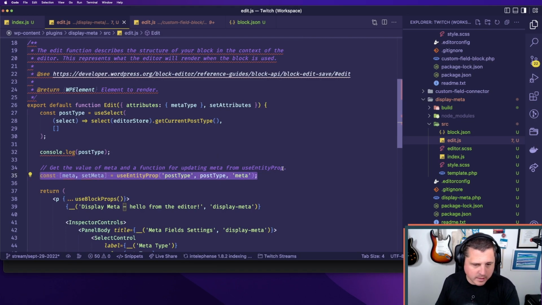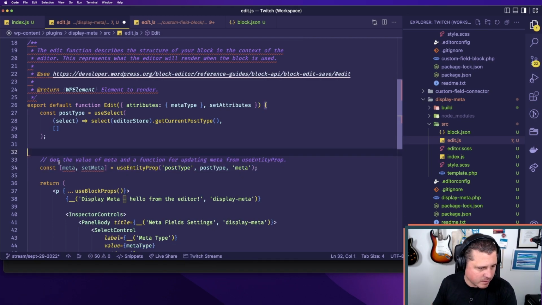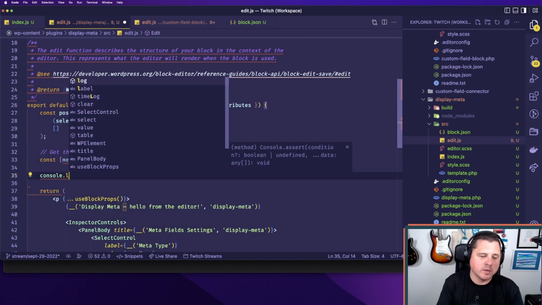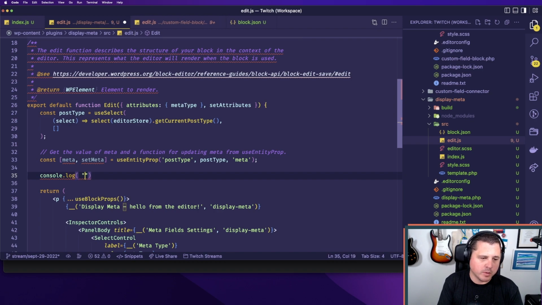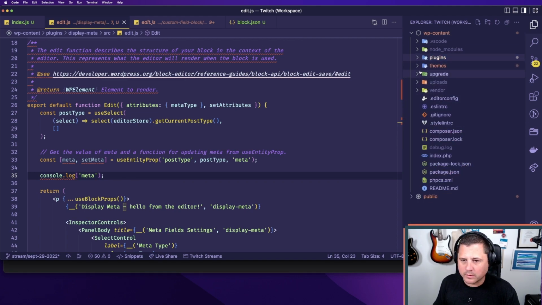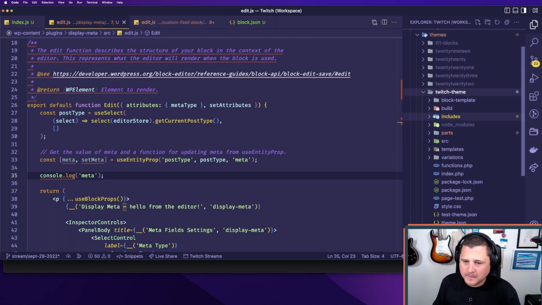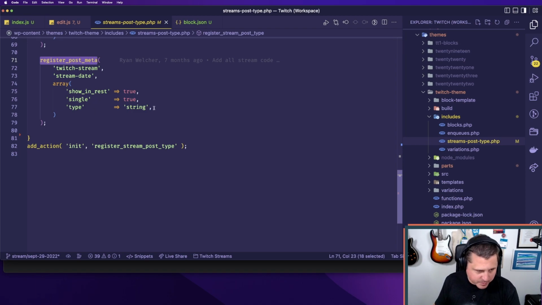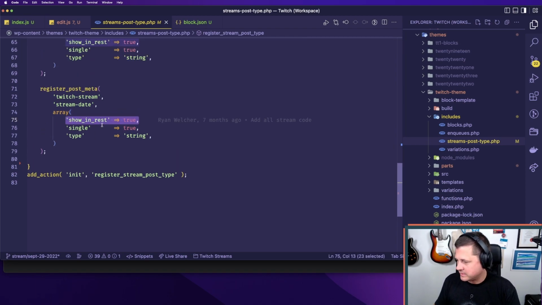And the idea here is that I will have the meta that has been registered for this post type. When I register my custom post, I'm going to call register rest field or whatever the heck it's called. I can't remember what I called it now. Let's take a look. Well, not what I called it, what the function's called. In post type, we have a register post meta right there. So when that gets called, and obviously it needs to be shown in REST and all that stuff,